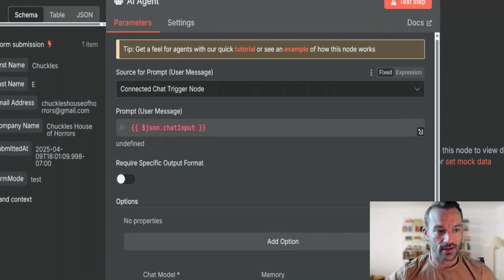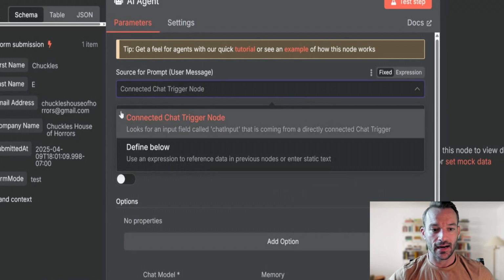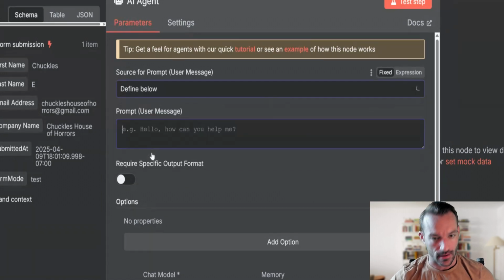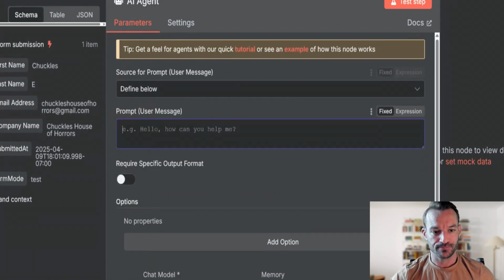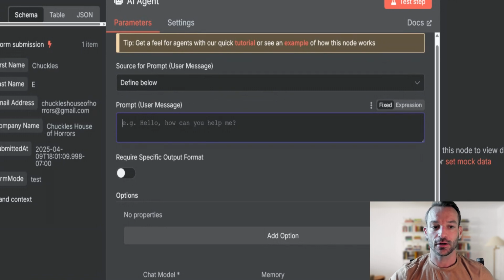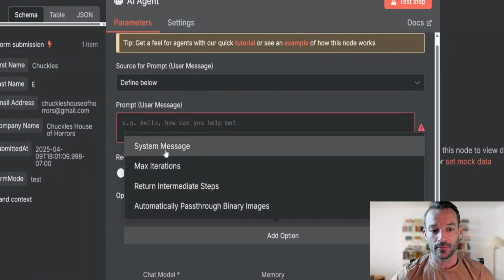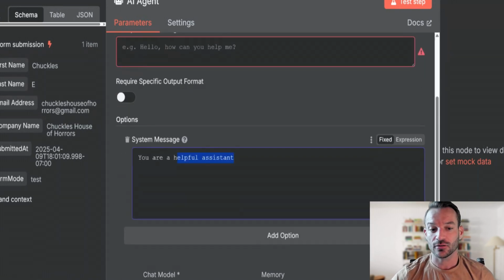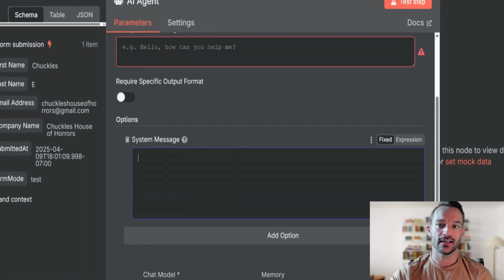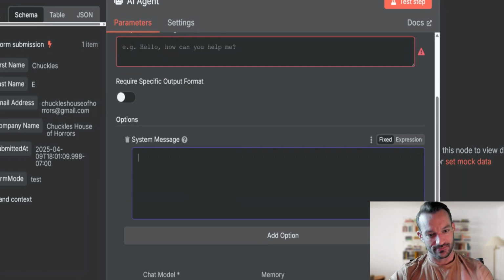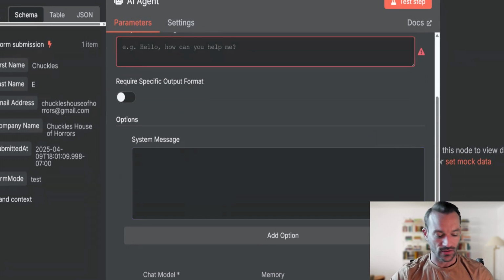So I'm going to go in, and we do not care about connected chat trigger node. We want to define below, right? And this is going to be your user prompt. Essentially, what are you passing on to the language model, just like we did in the other one. And I also want to create a system message. And this is really where we're going to define, hey, this is who you are, this is what you do. Take my prompt and let this dictate. So again, just like in our other one,